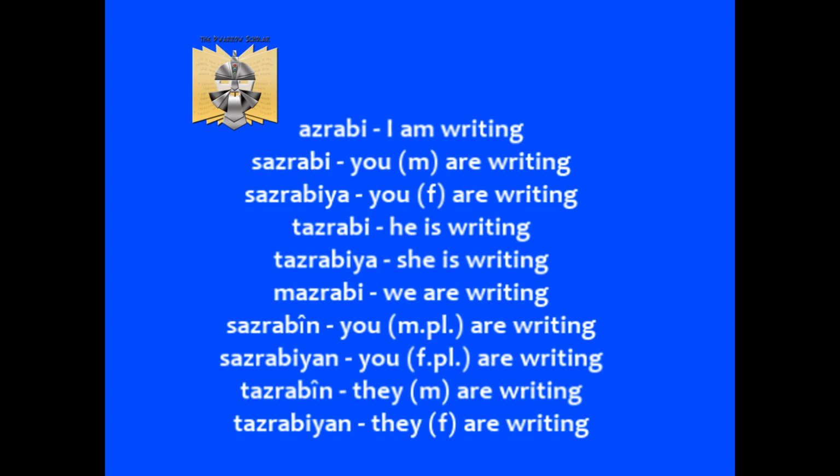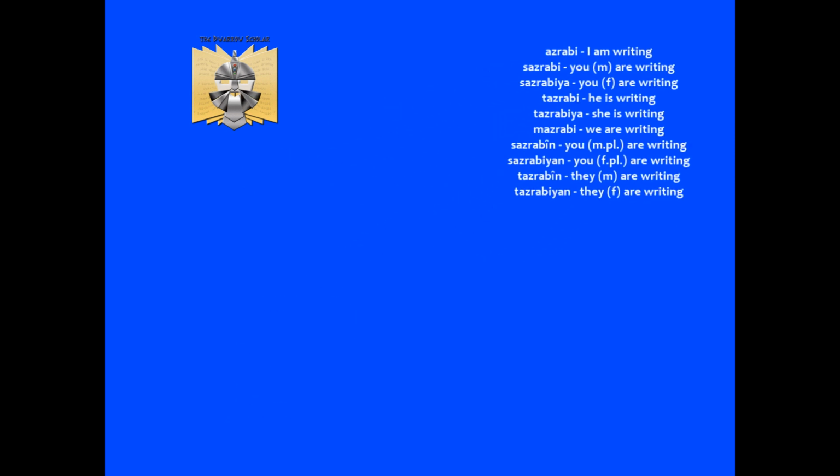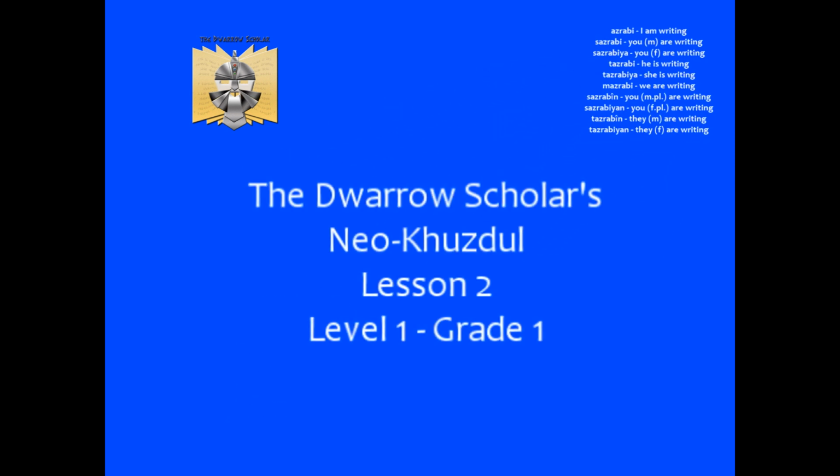So a full overview of both the imperfect and the perfect conjugations can be found in the documents on the Dwarrow Scholar blog, document 37 to be exact, link in the lesson notes. Let's keep our overview close so that we can look at it when we need it. And let's have another listen to that first line and look at it in a bit more detail.